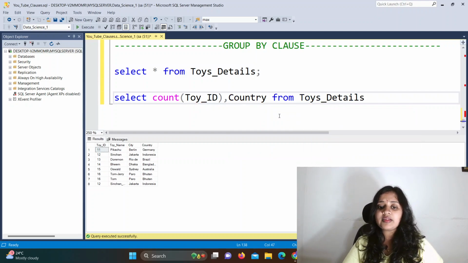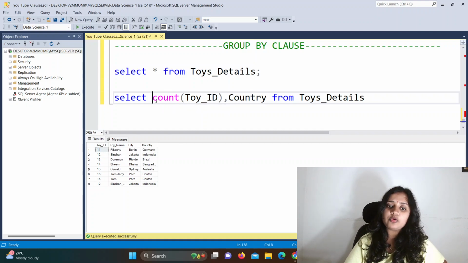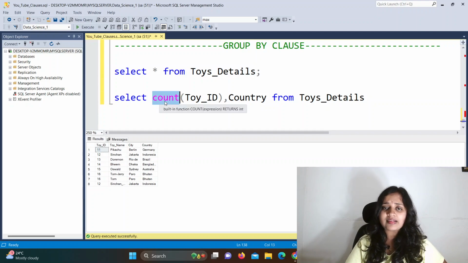As you can see, in my piece of code the count is an aggregate function. There are many types of aggregate functions, what they are and how we are going to use them we will see in a further lecture very soon. This is the aggregate function named count. There are others, like min, max, average and so on. Now we have used the count function. So count is an aggregate function.